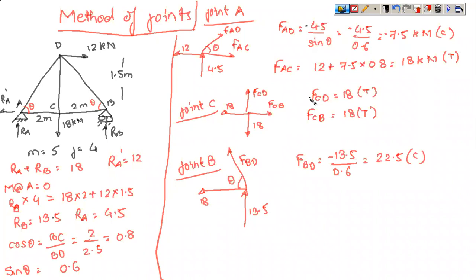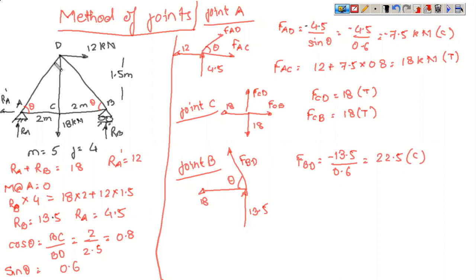You have to take a wise decision about which joint you want to solve first, because it is recommended that you select easier joints to solve. The easier the joint is to solve, the easier your problem becomes. Once C is solved, you have an option of going with joint D or joint B. If you look at joint D, you have four forces involved here. So again, you have to write down sigma Fx is equal to 0, sigma Fy is equal to 0, and then solve the problem.